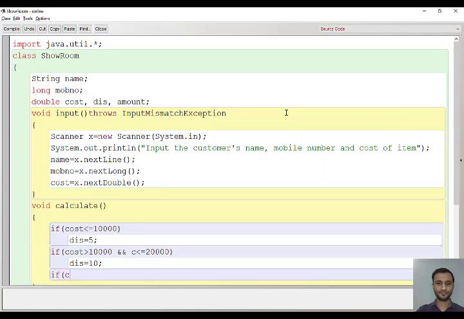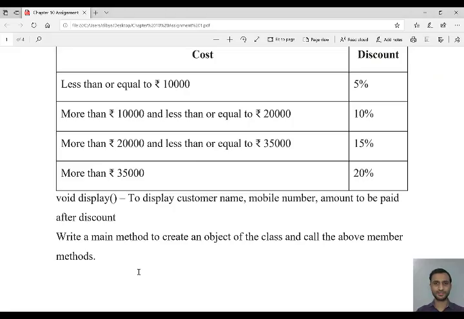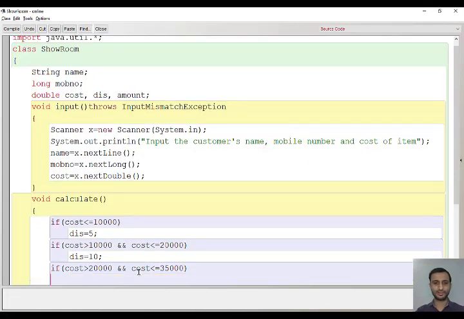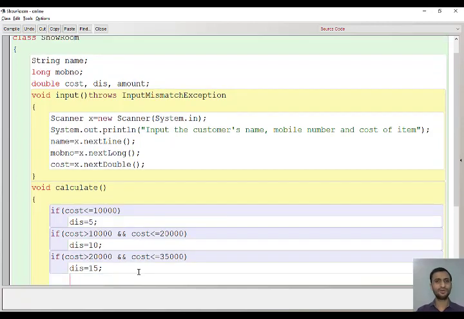Similarly, if the cost is greater than 20,000 and cost is less than equal to 35,000, then discount is 15.